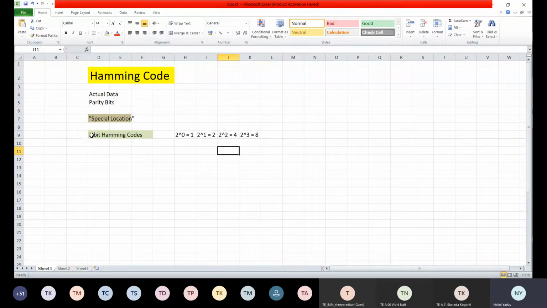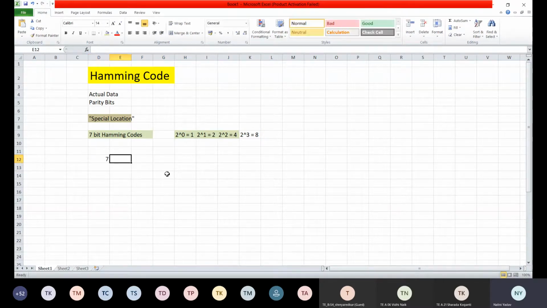Now how many bits is this Hamming code? It's a 7-bit Hamming code, right? So this 8th position is not present. We already decided that it is a 7-bit Hamming code, so the 8th position is not present over there. Why do we continue only till 2 raised to 2, which is equal to 4? Because it's a 7-bit Hamming code, so the 8th position is not available. Fine. Now we will move ahead and I will show you how to do this positioning.